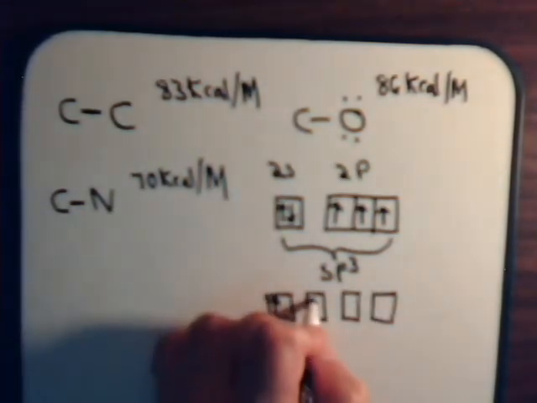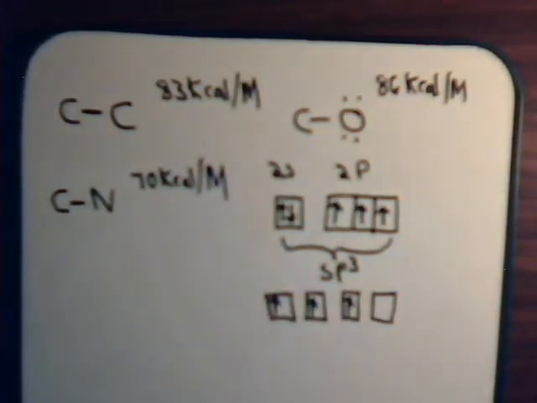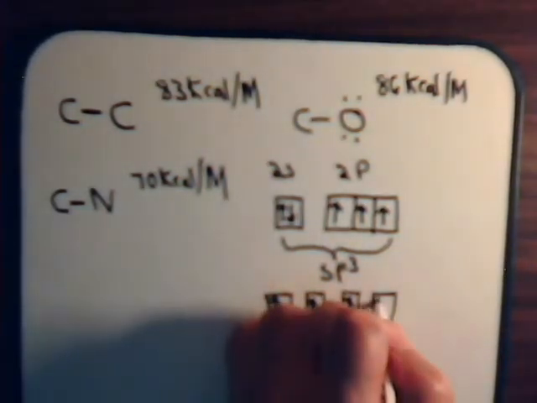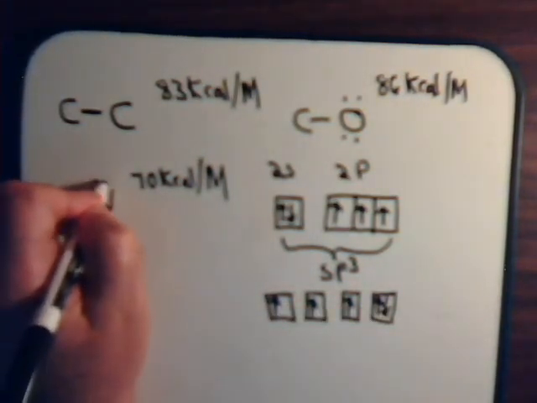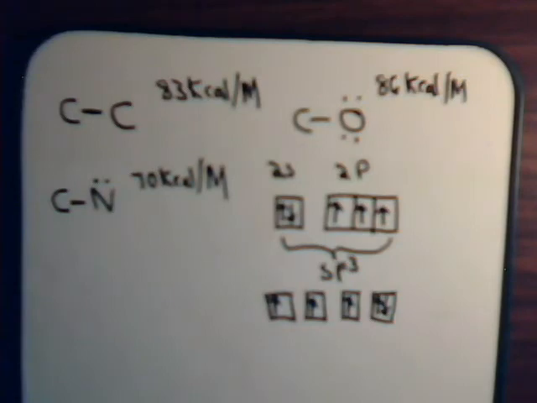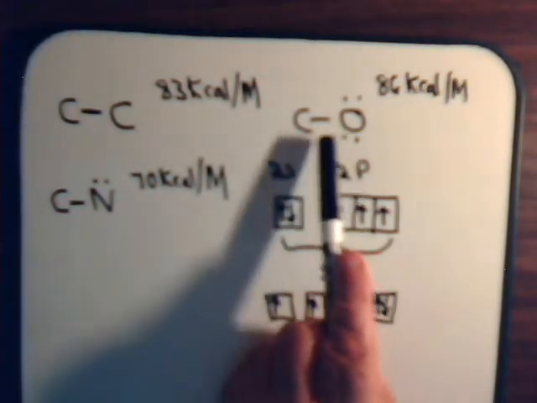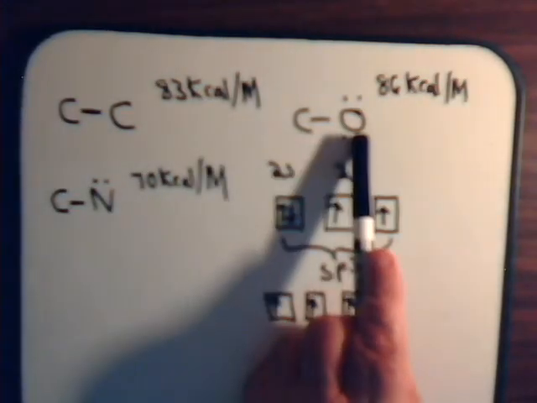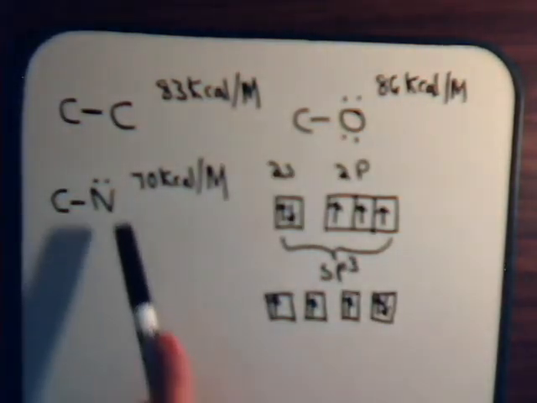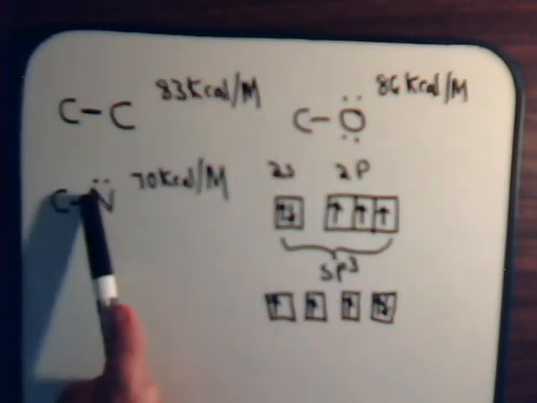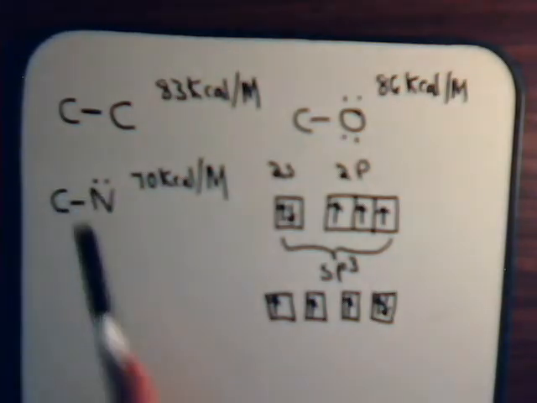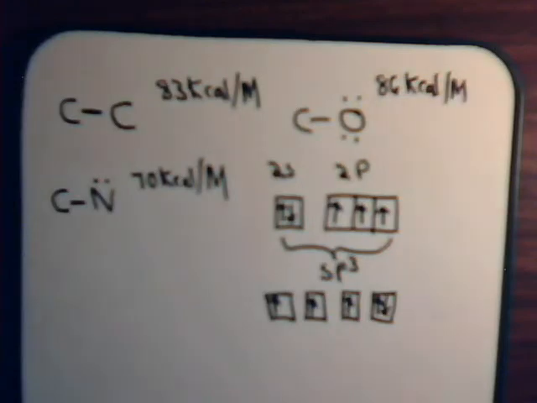Single electron, single electron, single electron to form 3 bonds, and then the unshared pair of electrons here. Now with oxygen we had 2 lone pair electrons, and the resulting bond was not as strong as what we expected, because the oxygen is so electronegative. Here we only have 1 lone pair of electrons to disrupt or to destabilize our bond, but yet this is